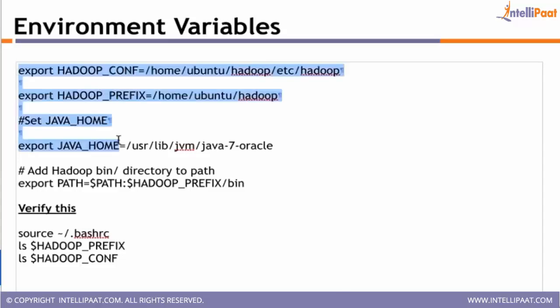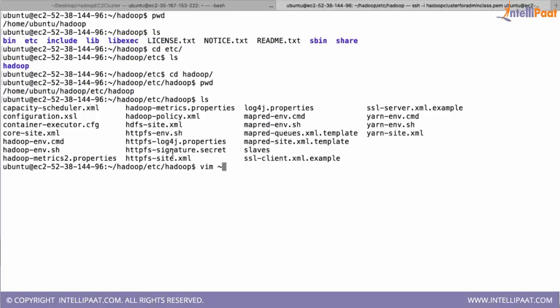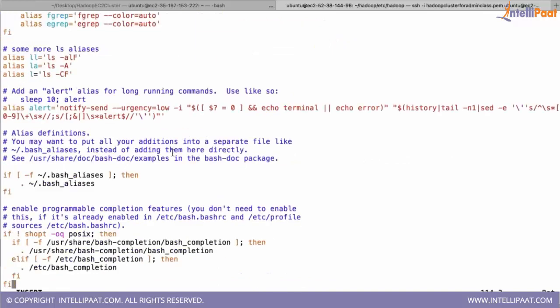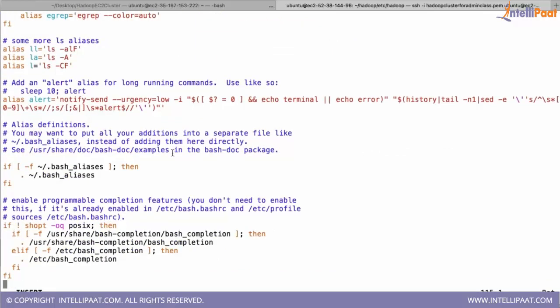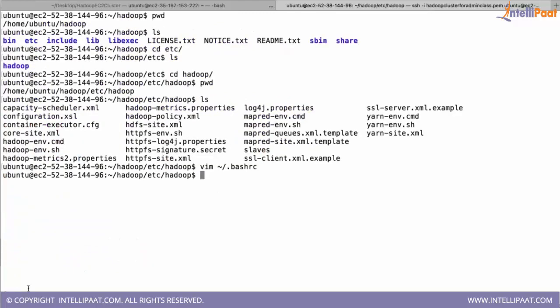We'll just copy whatever is there and put it into the ~/.bashrc. Okay, so you go to the end, then say i, and you paste it here. Okay, so this will be pasted here, and save this using :wq, which means write and quit, which means you are saying save the file and close it.